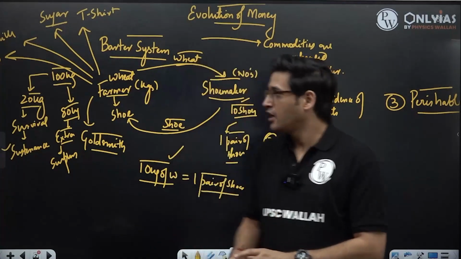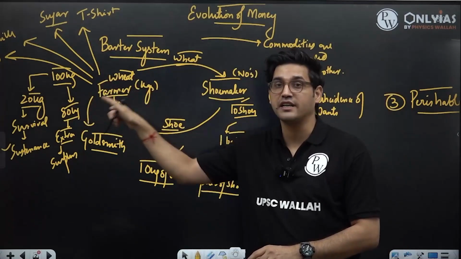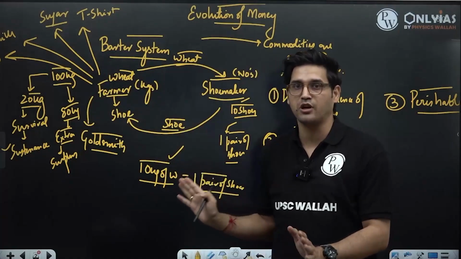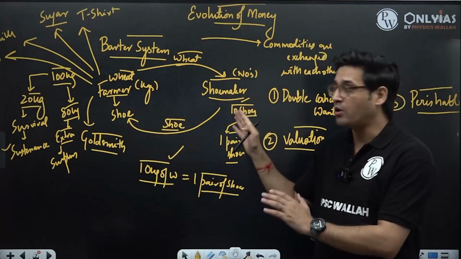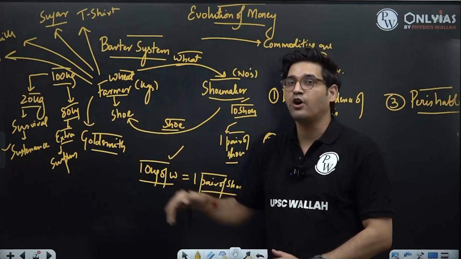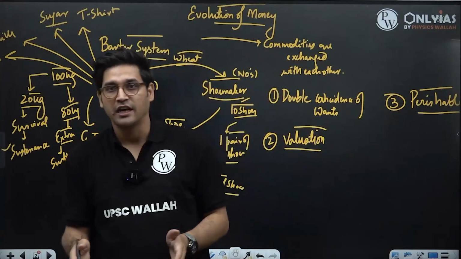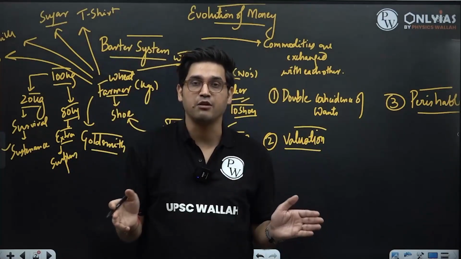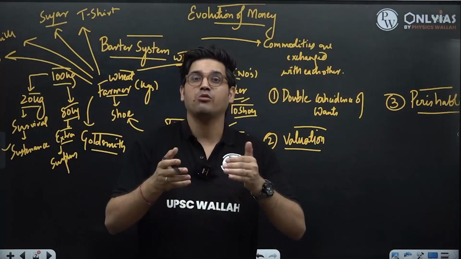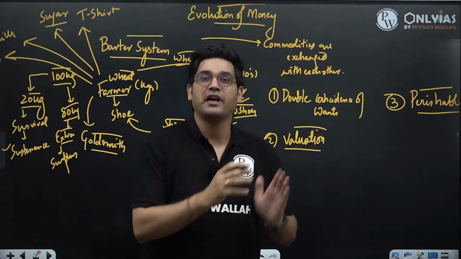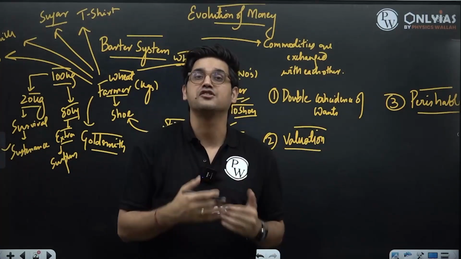That means when the shoemaker gets wheat in exchange for his produce, which is shoes, shoes are not perishable, but wheat is. That means, can he hold the value of wheat for very long? No. He will have to use it up. He will have to consume all of this wheat before it gets rotten. That means value cannot be stored in case of perishable items for very long. These items will have to be consumed.